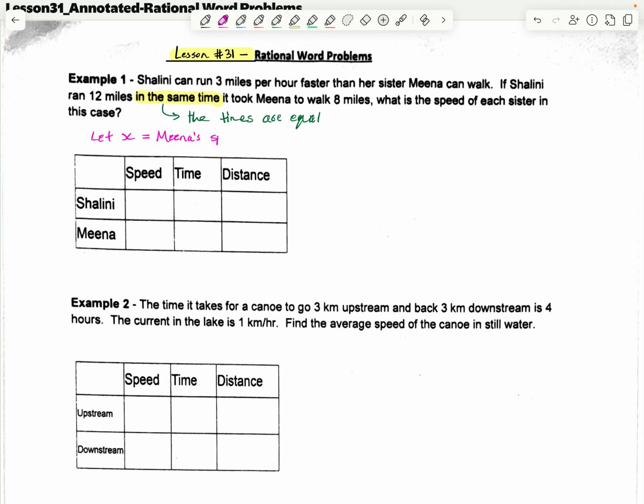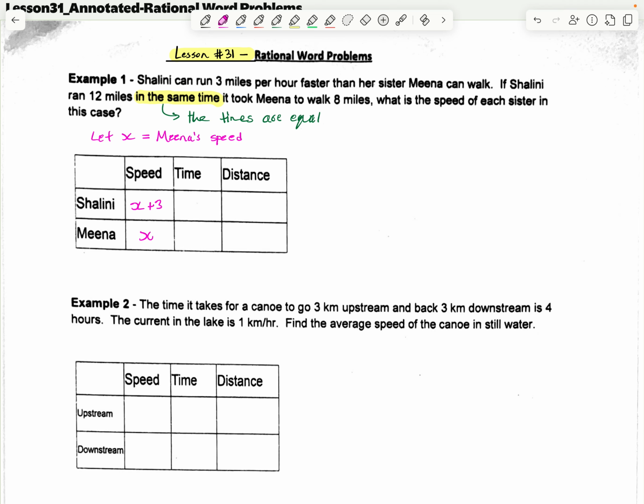Mina's speed. Right? Because we could see that Shalini runs 3 miles per hour faster than Mina, so let me just label this table here. Mina's speed is going to be x, then clearly Shalini's speed is going to be, since Shalini runs 3 miles faster, x plus